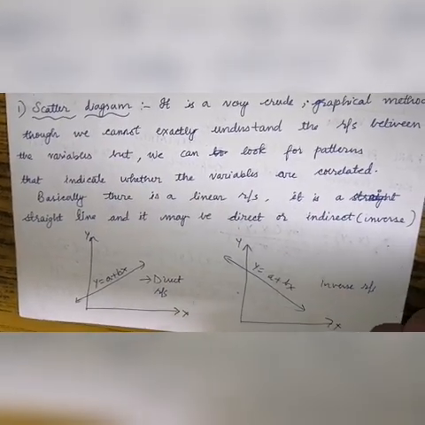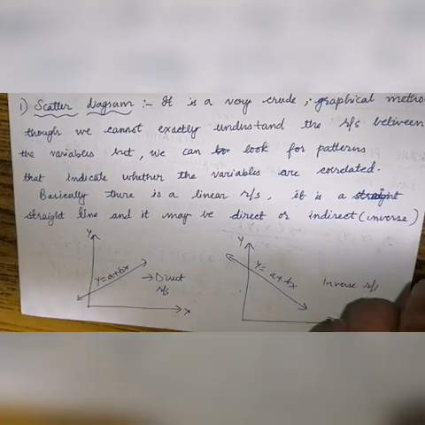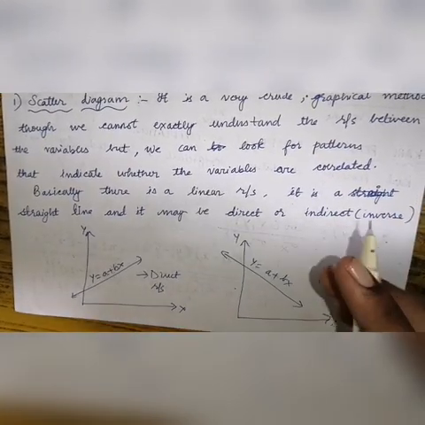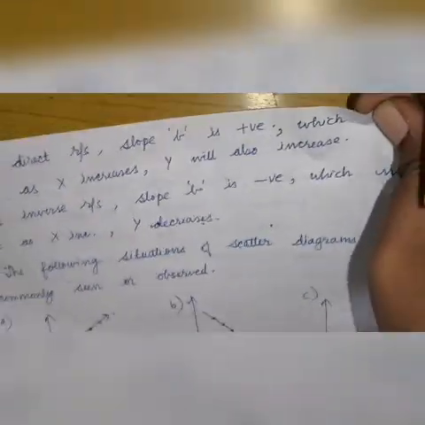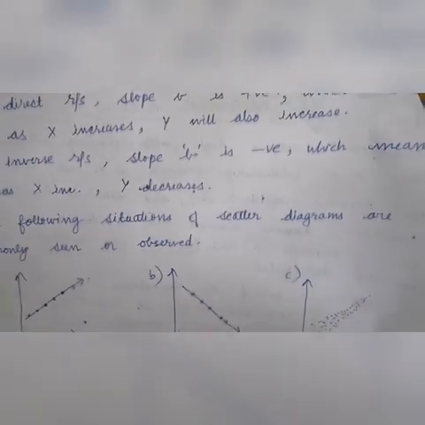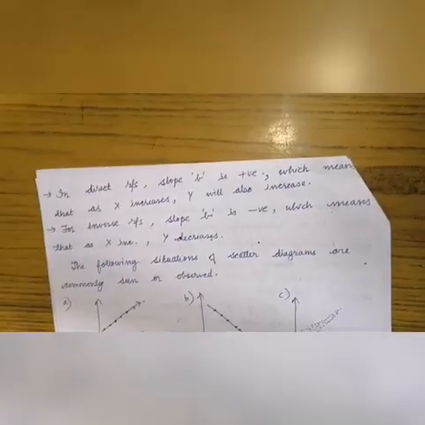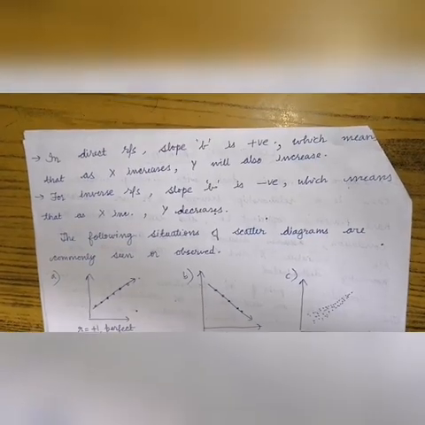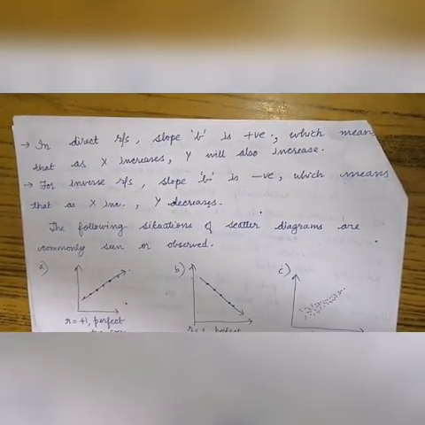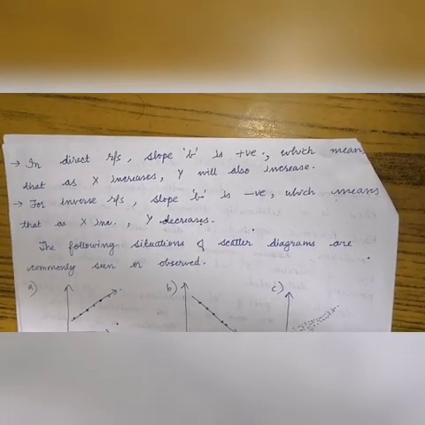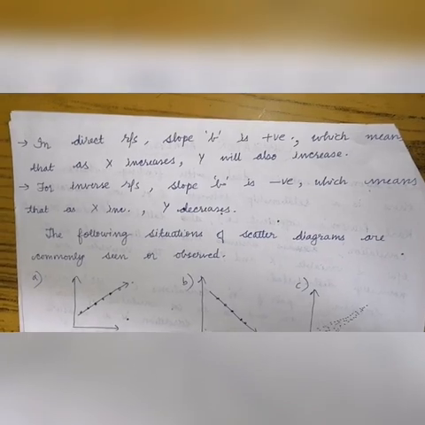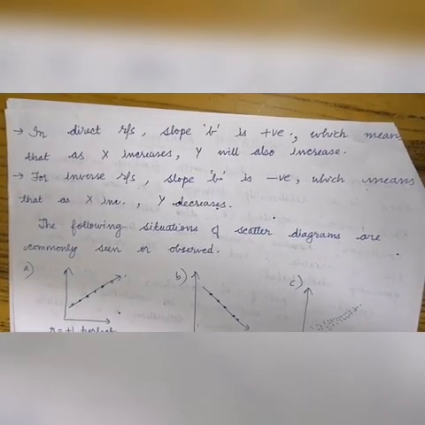Similarly, if the value of x is decreasing, the value of y is also decreasing. That is an inverse relationship. Okay, so we could also say the relationship is a perfect relationship. If x is increasing, then y is also increasing, then we say it is a perfect correlation. If one is decreasing, the other one is also decreasing, that is also a perfect correlation. If one is increasing and the other is decreasing, then that means there doesn't exist any correlation, then it means there is a zero correlation.